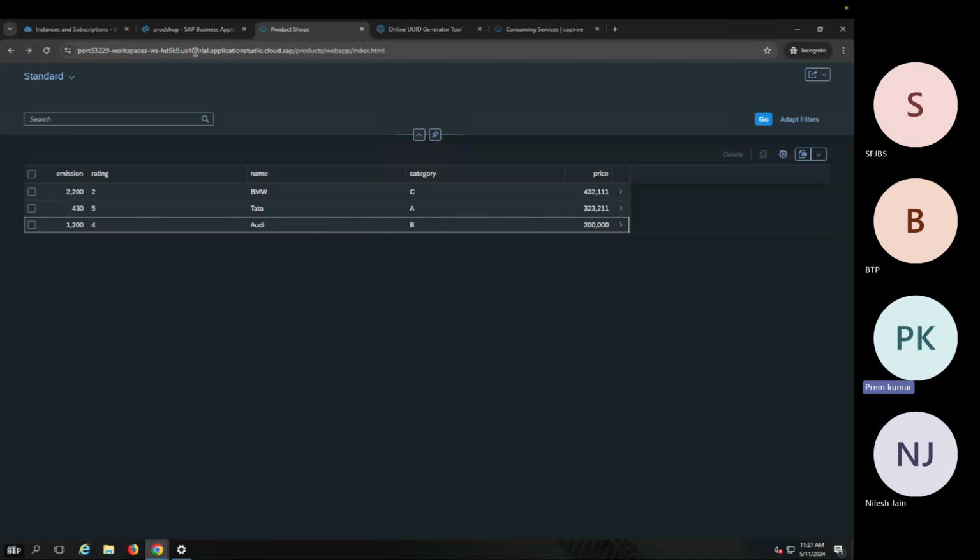Yeah, so suppose I am using the on-premise system, HANA on-premise system, I am using, and